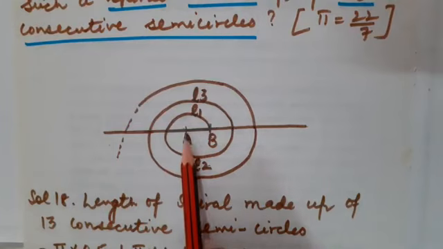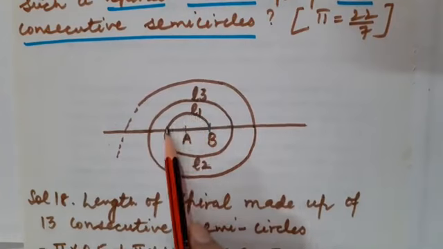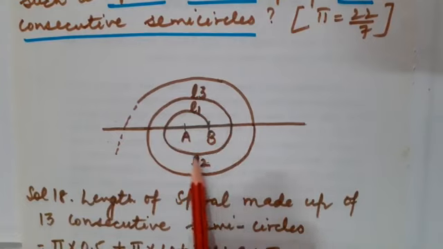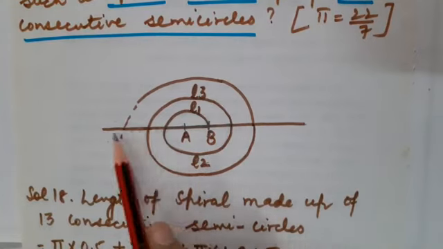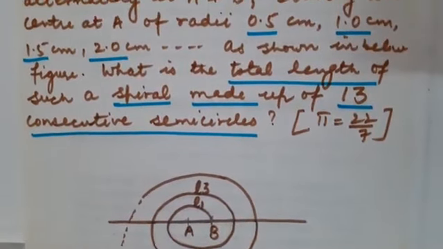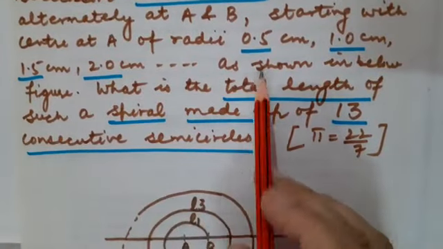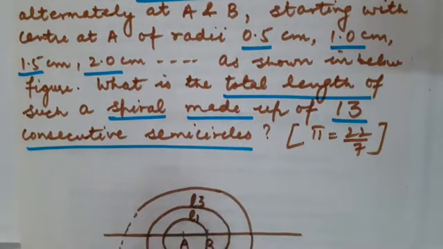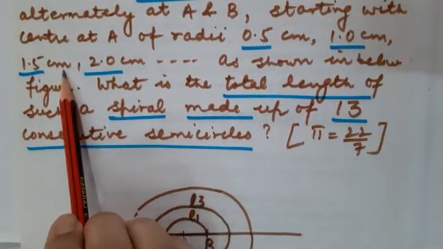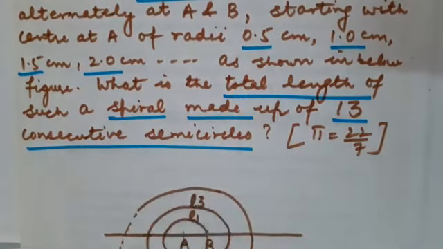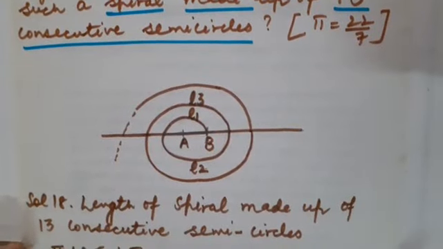Children, in this figure you can see that A is the center point for this particular semicircle. Fine. And this is center B for this semicircle, which is made here on the below portion of this straight line. Correct, students? And so on. So basically what has been given in the question, we have been given that for the first circle, the radius is 0.5. For the second circle, the radius is 1. 1.5 centimeter is the radius of the third semicircle, 2 centimeter is the radius of the fourth semicircle, and so on. Correct, student? You just be focused on this figure now.